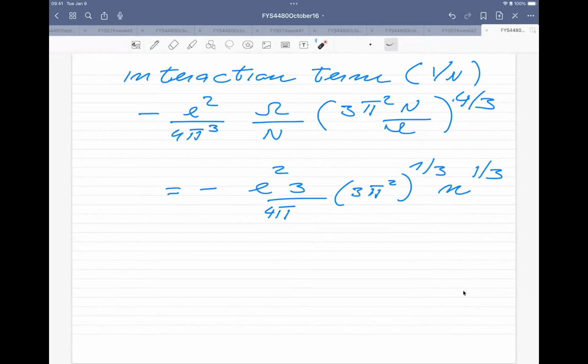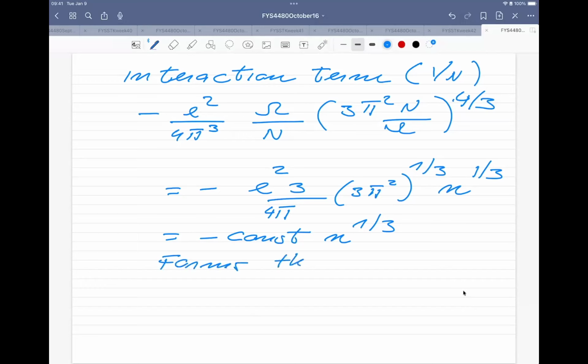So what you can say then is that this term is actually equal to minus a constant times the density to the power of 1/3. Now, depending on how you look at things, if you look at the finite volume, you can then think of this as something which runs like density to the power of 4/3. And this forms the basis,